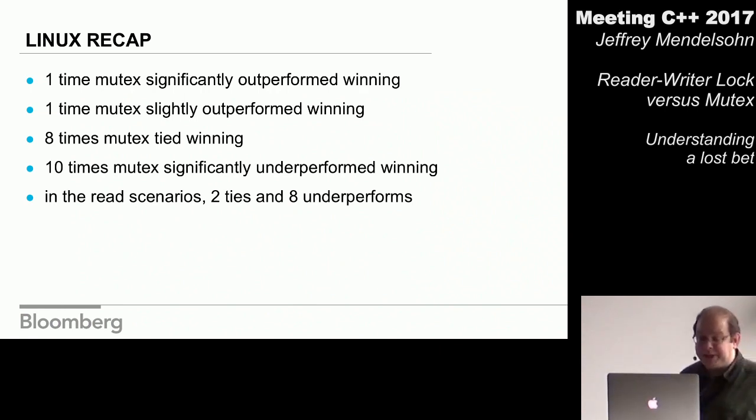10 times, Mutex significantly lost to this new implementation. Furthermore, if we focus on the scenarios where we want to use a reader-writer lock, the 90 or 100% read workload, there were only 2 times the Mutex matched our new algorithm, and 8 times it greatly underperformed it. So overall, we have to presume this new reader-writer lock is better matched for these work scenarios than a Mutex, which is what we want.